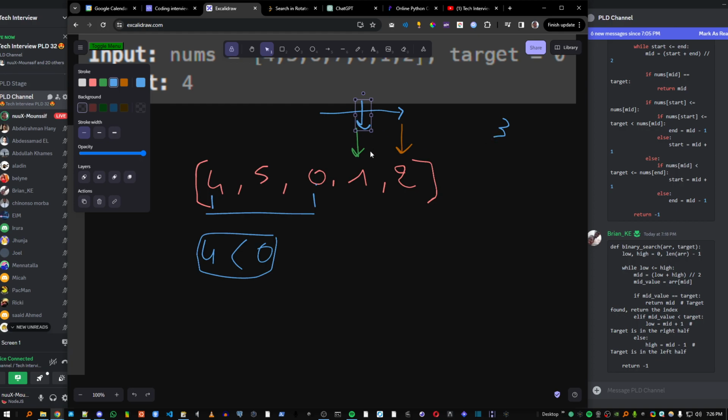If the middle is not equal to 3, what do I need to do? Wait, maybe I did skip something. So we did move this here. And then the middle is not equal to the target, so I need again to check